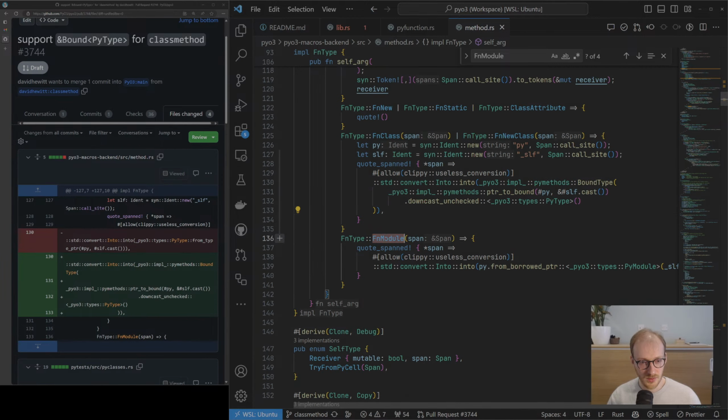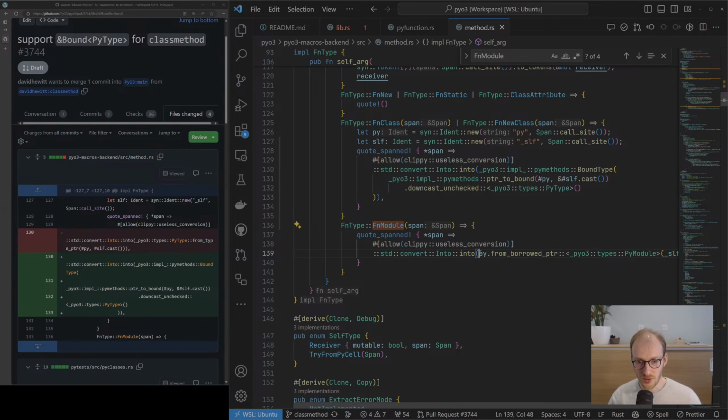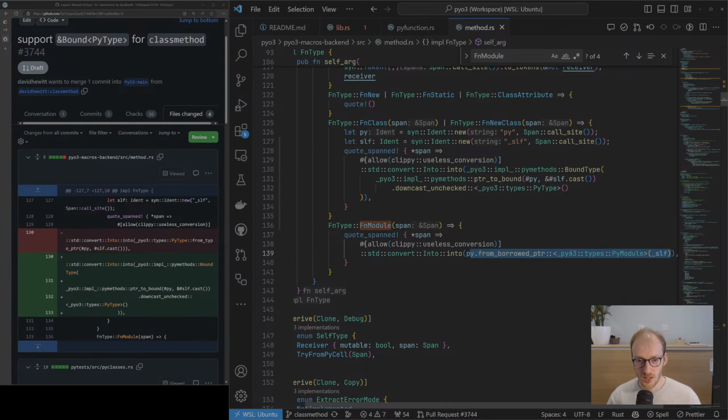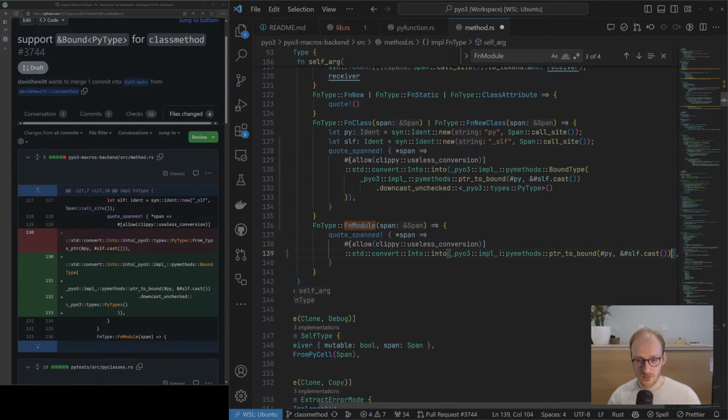We were just talking about all this in the browser. And then here's the fun module hit just beneath. And so at the moment, we're just using some of the old PyO3 APIs to get the reference to a Py module here. So I think we can do the same kind of trick, right? We have this pointer to bound we know was taking only it produced any Python object. So I think at least we can do that, and that will give us